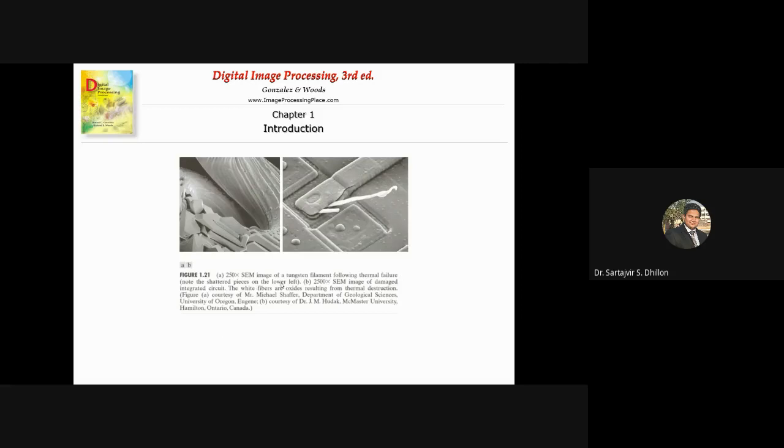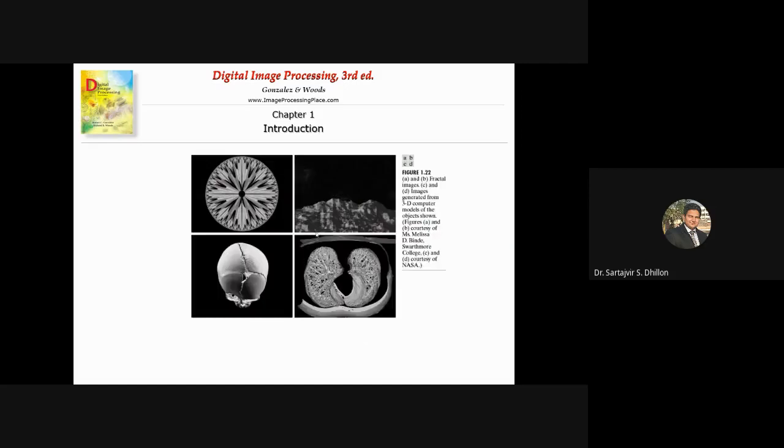And this one is an image of a tungsten filament, and the B figure is representing the damaged integrated circuit. So these two are very high resolution images, and there are some other applications where we can use the